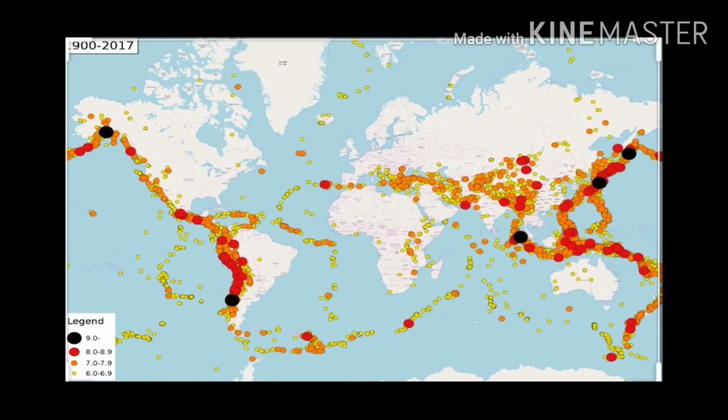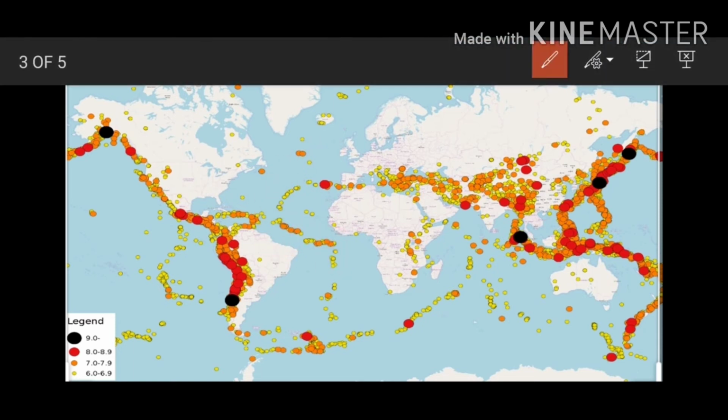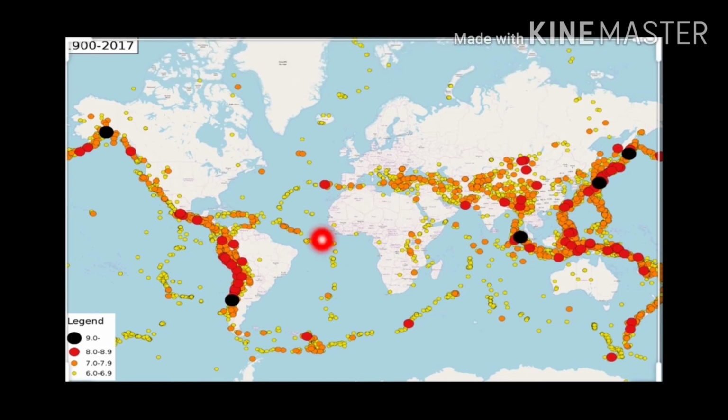There is one more belt apart from these, that is the Mid-Atlantic Ridge. You can see from the center of the Atlantic Ocean an S-shaped, steep-sided ridge, a series of steep-sloped mountains on the ocean floor of the Atlantic Ocean, and we can see the upper part of the ridges above the ocean water. This is known as the Mid-Atlantic Ridge. Let us learn more about it. This belt includes the region of the Mid-Atlantic Ridge.